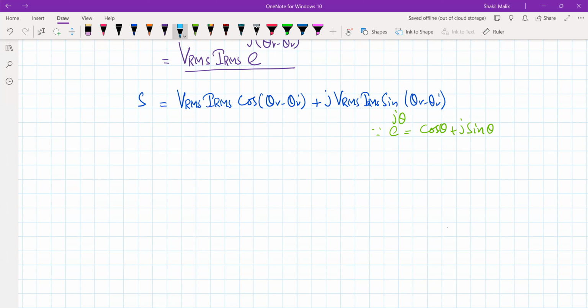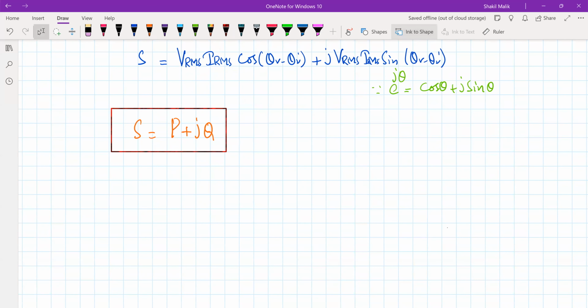Now we can put this complex power like this. So we can write S is equal to P plus jQ. So this is how we define this complex power. It has a real part and an imaginary part, where the real part is simply referred to as the real power,